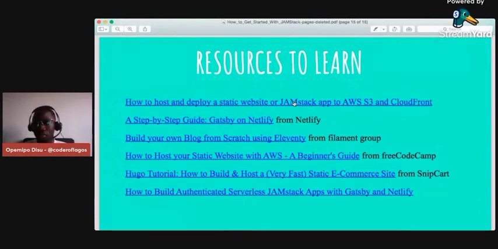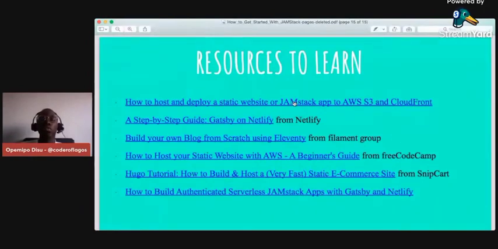I think Netlify also created another book earlier this year on Jamstack. And also building a blog from scratch with Eleventy from Filament Group. Then we also have how to host your static websites with AWS, a beginner's guide from freeCodeCamp.